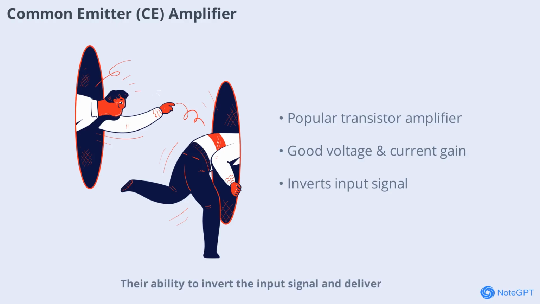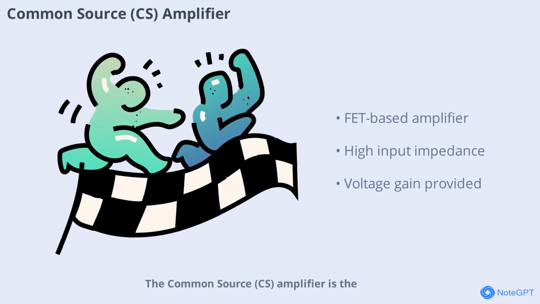Their ability to invert the input signal and deliver significant amplification makes them a staple in electronic design. Common source (CS) amplifier is the field effect transistor (FET) counterpart to the CE amplifier. Here, the source terminal is common to both input and output. CS amplifiers are known for their high input impedance and are often used in applications where minimal loading of the